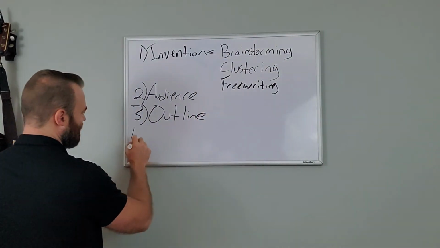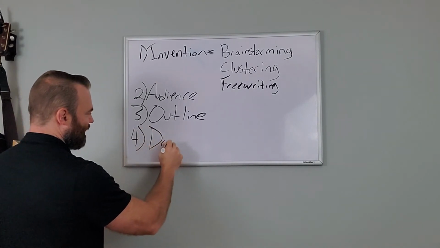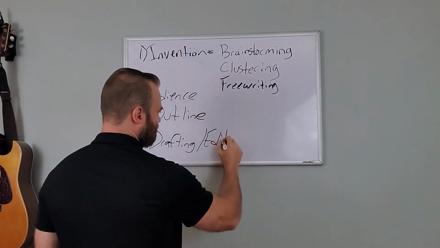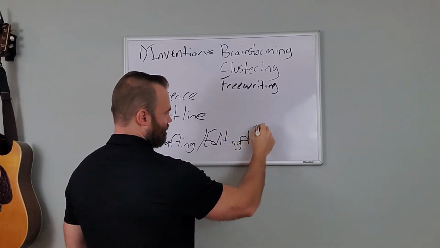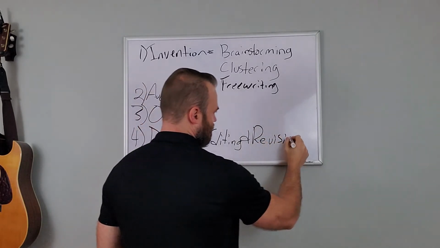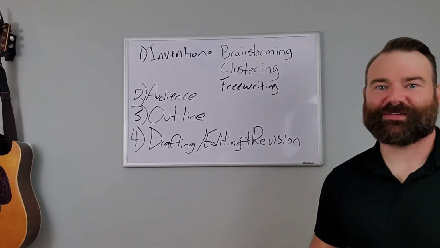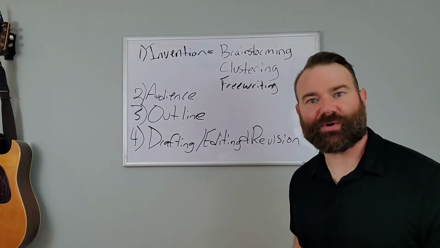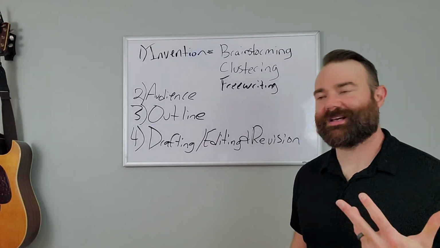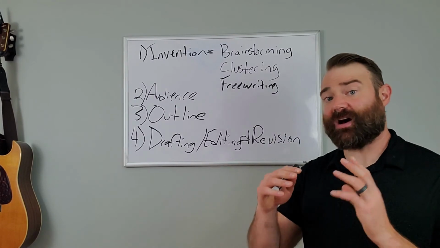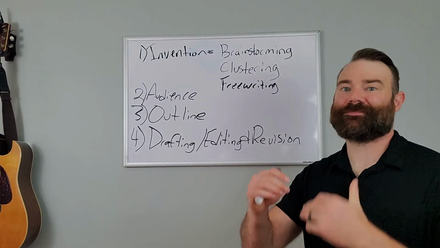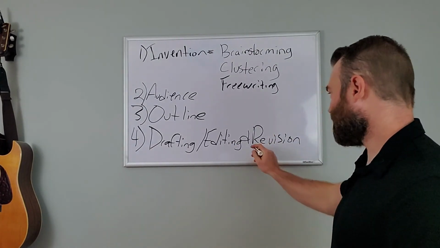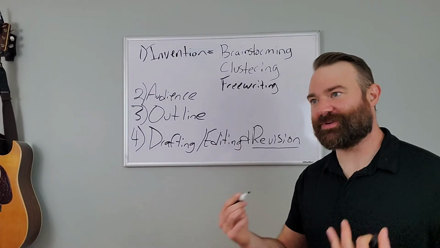Lastly, before you finish your essay, we do drafting, sometimes known as editing, and revision. Okay? So, editing and revision are two different things. Editing is specifically where you go back and you find your typos, misspelled words, grammatical errors, that sort of thing, right? It's the thing that oftentimes is the easiest to do because it's like, well, the verb either works or it doesn't work.